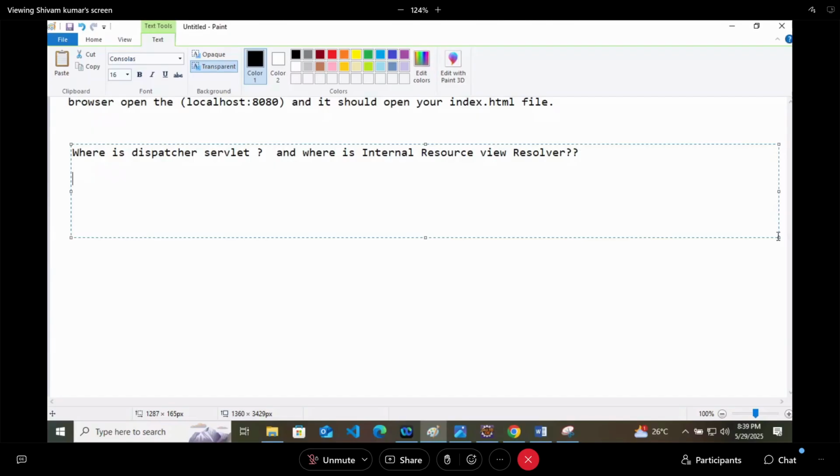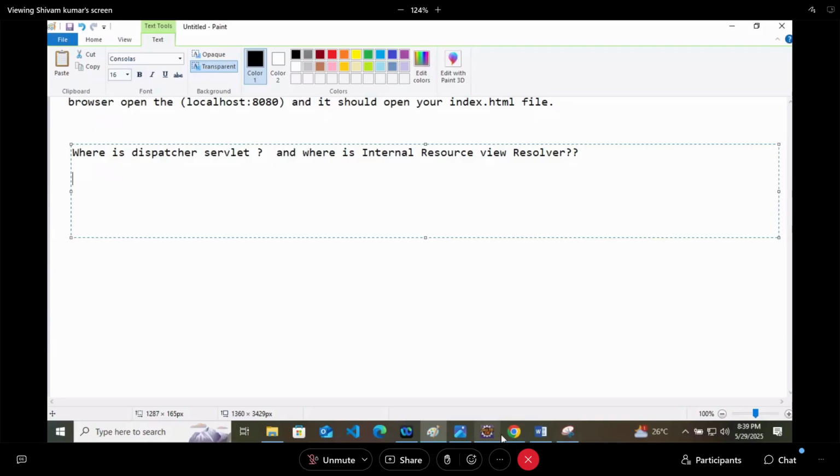Here comes one thing into action, that is called Thymeleaf. It is a modern server-side Java template engine. It comes as a dependency, by the way.